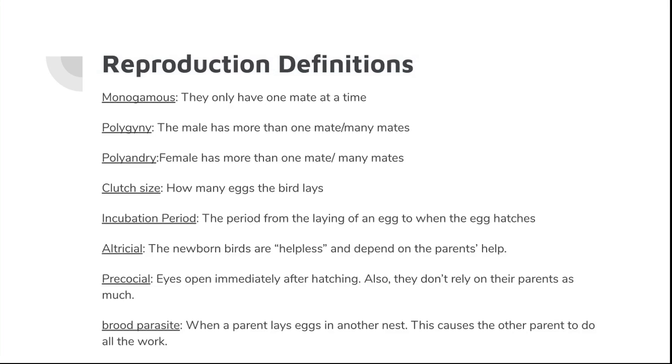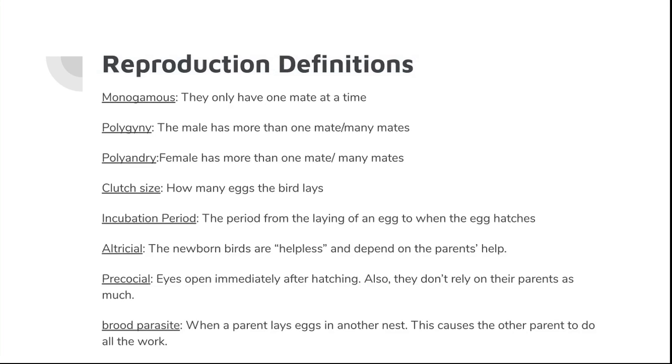Anyways, clutch size is how many eggs the birds lay in one breeding season. For example, if a female lays 20 eggs in one breeding season, that is going to be the clutch size. Okay, so incubation period is the period from the laying of an egg to when the egg hatches. For example, when a female mallard or duck lays an egg and it hatches 20 days later,